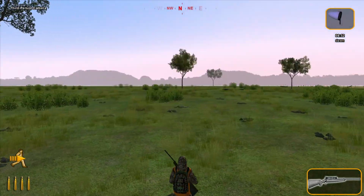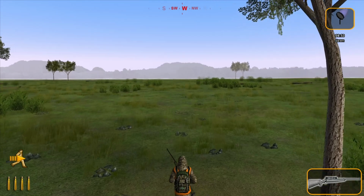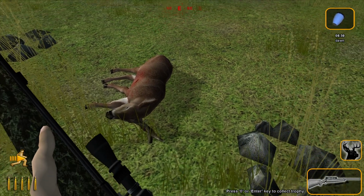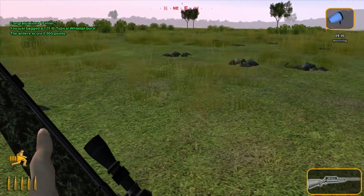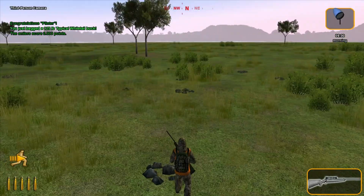quite rare. And actually, we better go and get it so we don't lose it, but there were a bunch of does there to our right, so it shouldn't take too long to go and fill our last tag either. It's tough to say at this point how many bucks we've seen, but it's been quite a few, and none of them have been half racks. So 125 pounds, obviously the 0 score because he does only have the one antler, but that was pretty neat